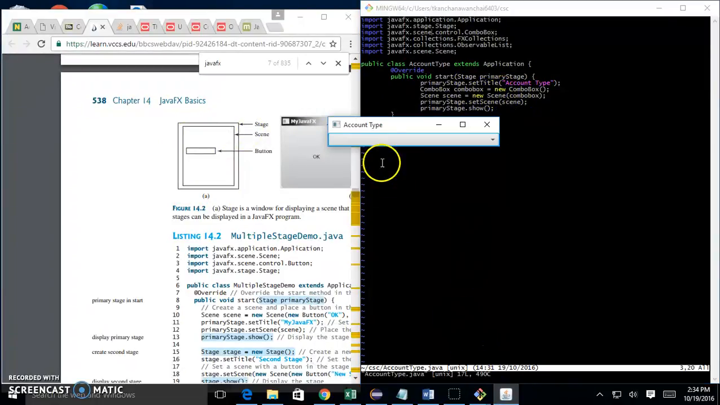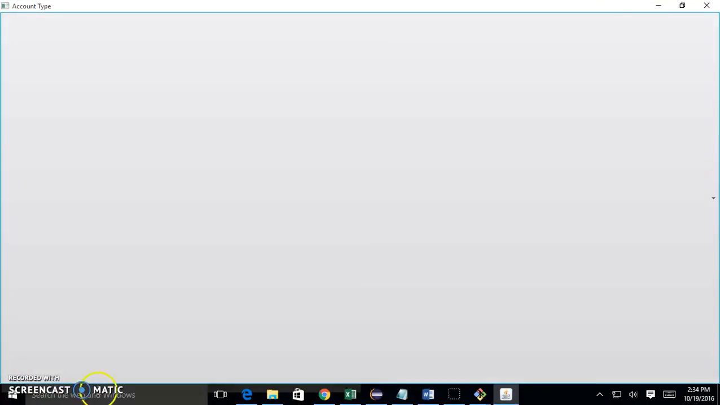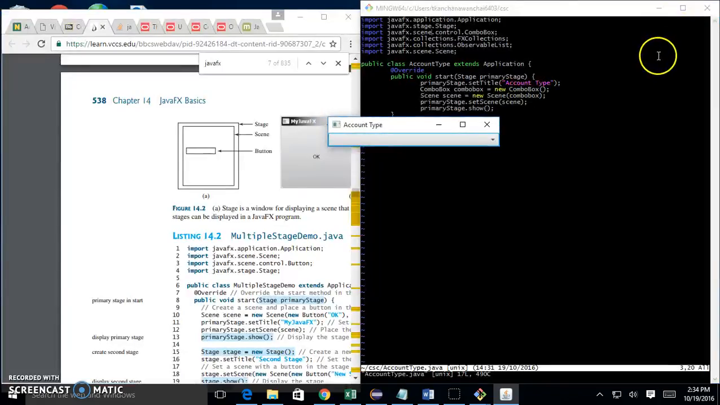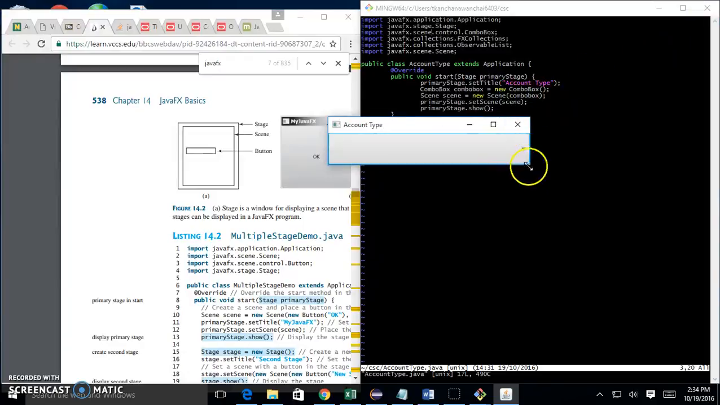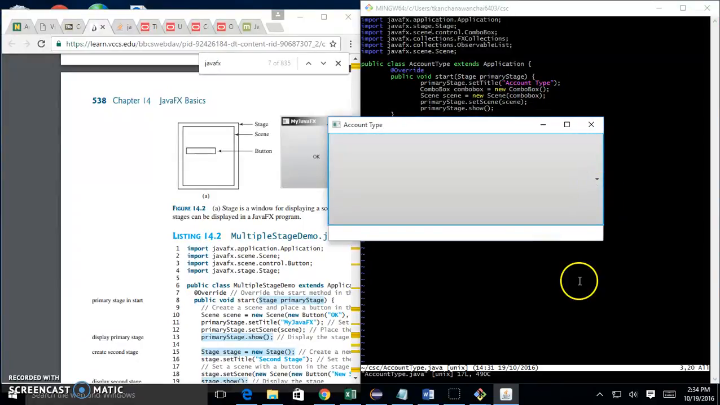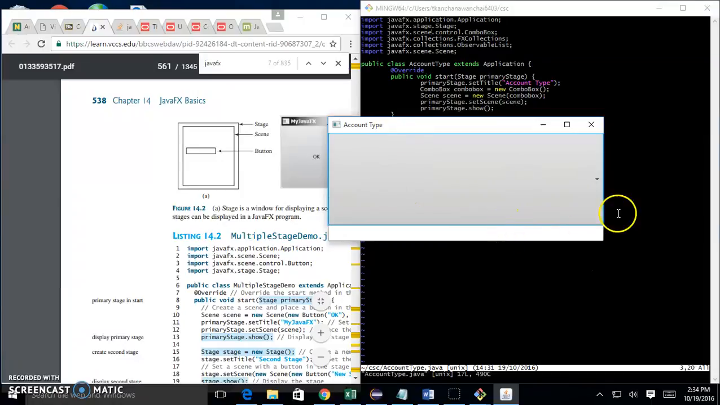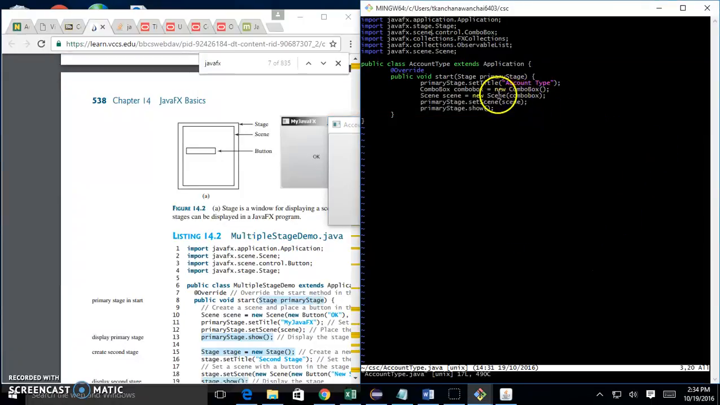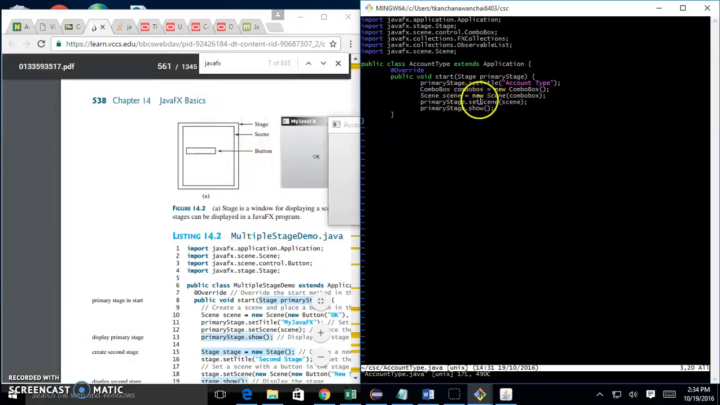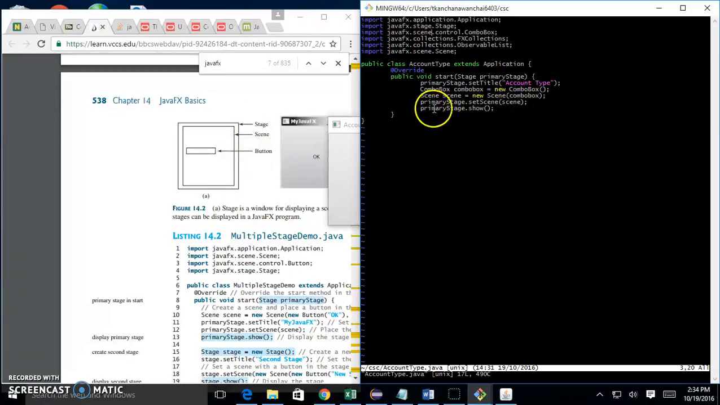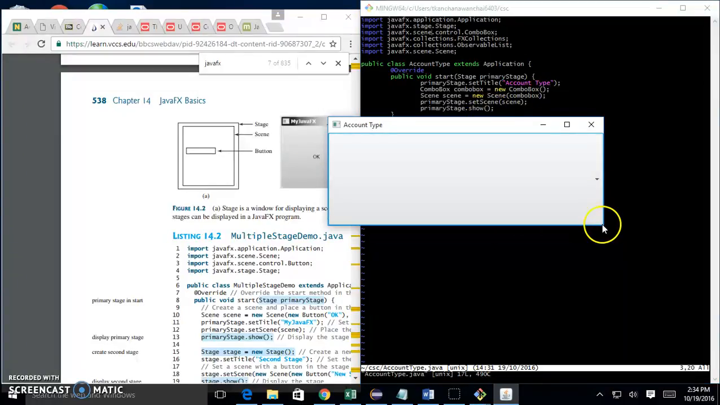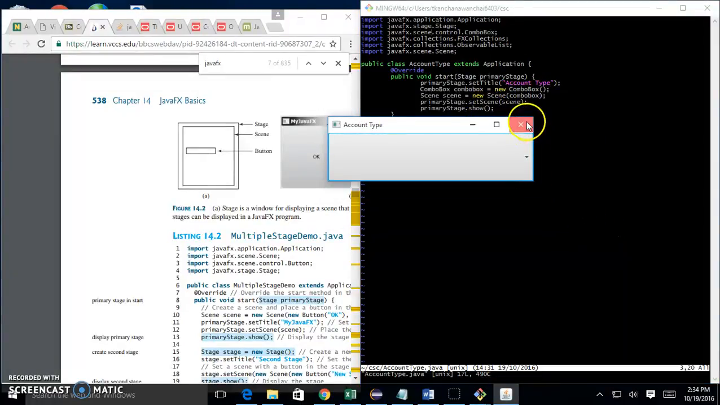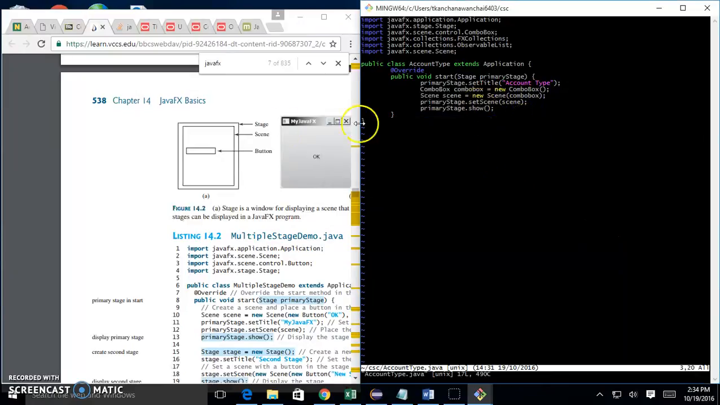And as you can see, that combo box just pretty much overlaps the whole scene, right? Whatever size you go, combo box will be overlapping that whole thing because I put it right there. And then I just put the scene into the stage by primary stage set scene, and make the primary stage show. So that's how we get this pop-up box. Alright, so in the next video we're going to look at how to put the values into the